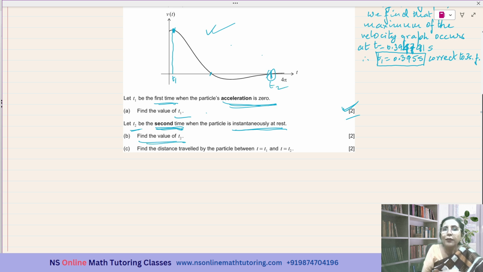Okay. So I have to find this. And it is containing 2 marks. Since it is containing 2 marks, so we have to give the justification as well. Instantaneously at rest implies v is equal to 0. Okay. So using GDC graphs,